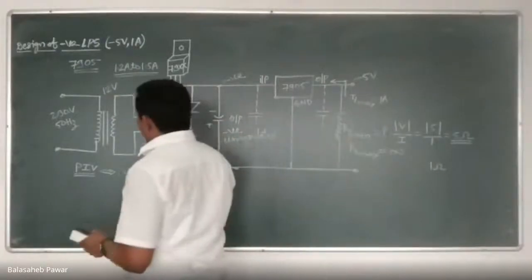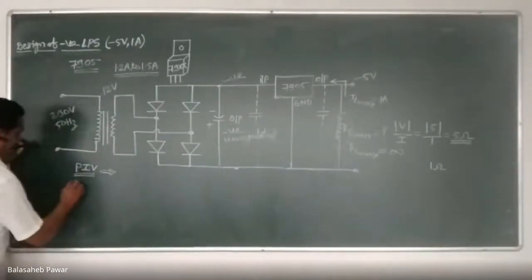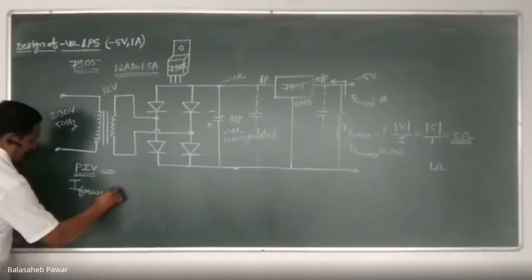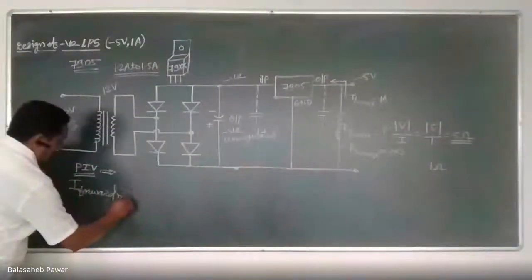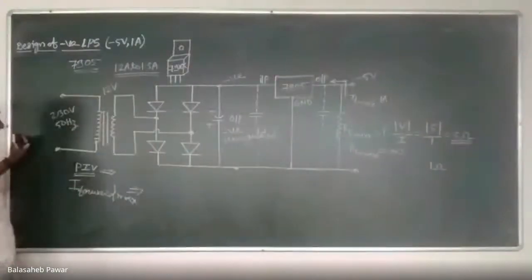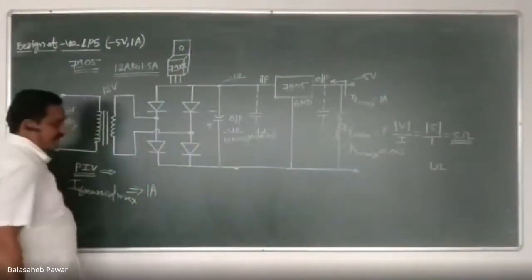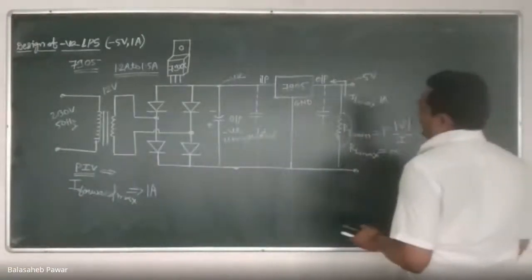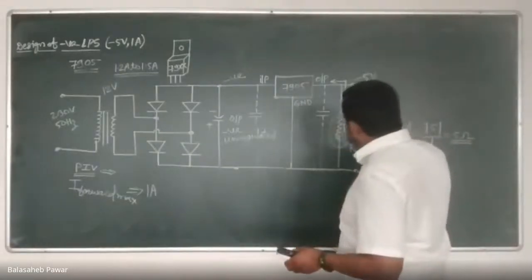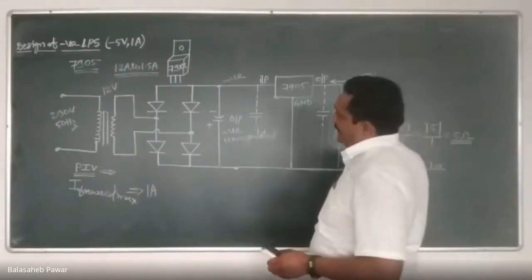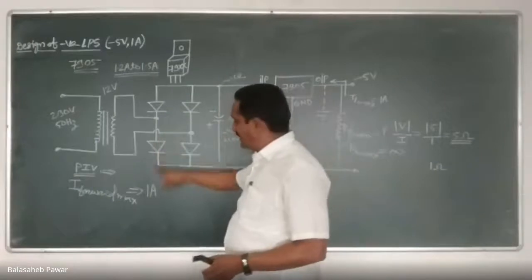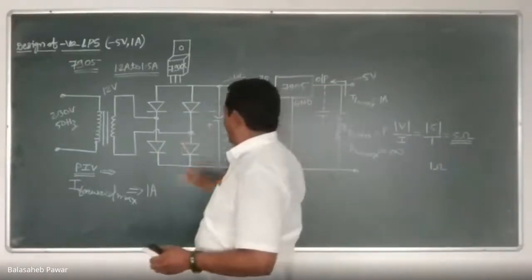Okay. Then the second one, that is the forward current handling capacity, I forward max. How much is the maximum forward current handling capacity of 1N4007? When we studied the PN junction diode, I explained it, and I think that current was 1 ampere. So whenever you design and develop any linear power supply, you have to remember what output current you are taking and what peak current is flowing through the selected diode, and accordingly select that particular diode.